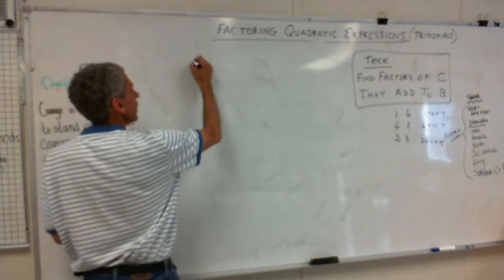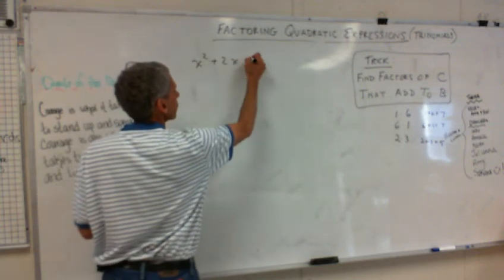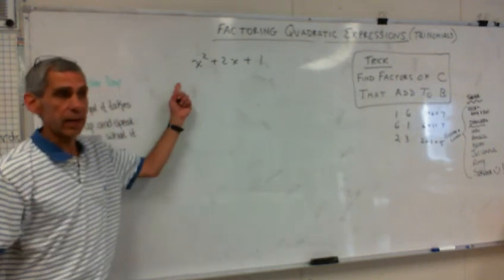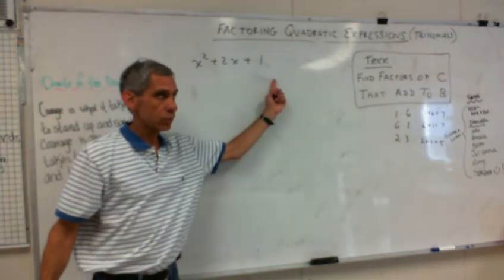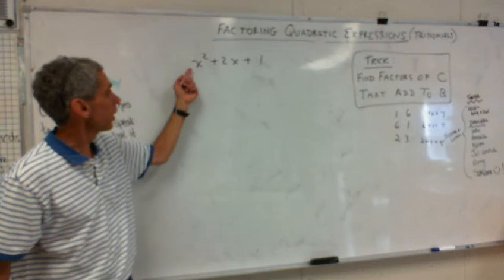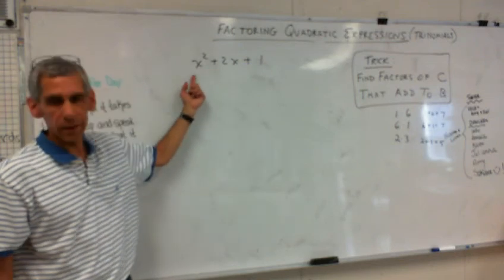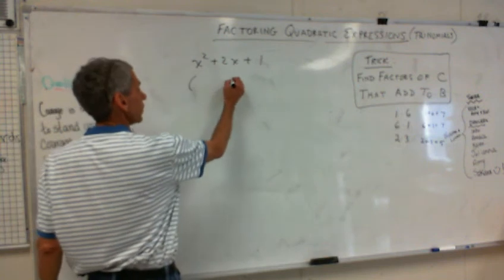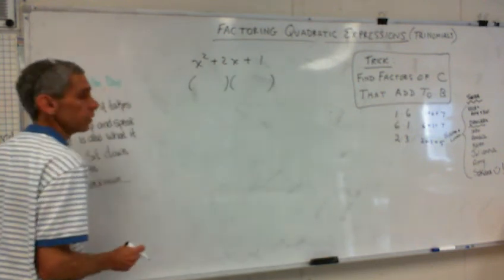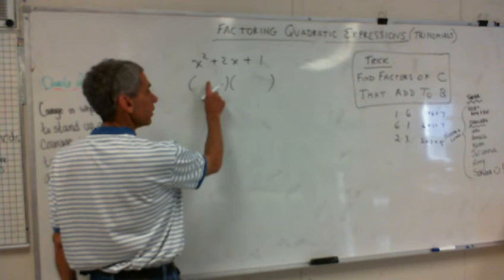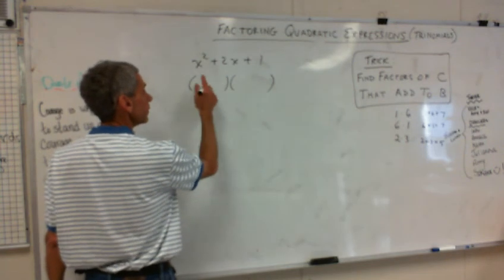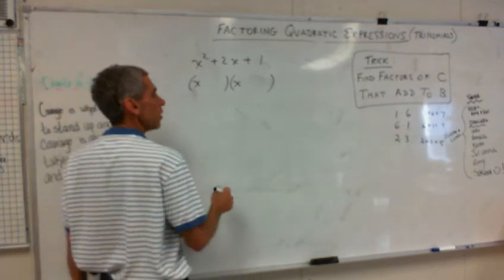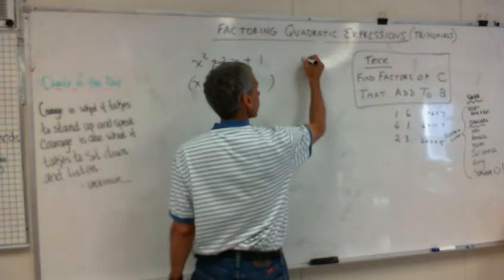So let's do x squared plus 2x plus 1. Okay? So immediately, is it a quadratic trinomial? Yes, because it's x squared and there are 3 terms, right? And a is 1. So immediately I can try to factor it. I put up my parentheses, and I know this and this have to be x, because x times x is x squared. That's easy. Now, I need to find factors of